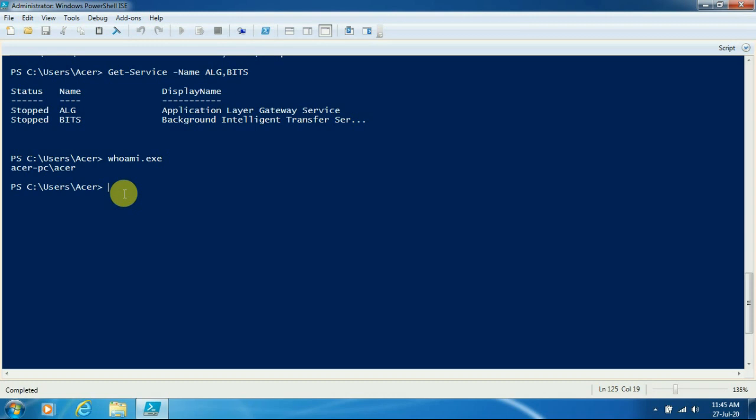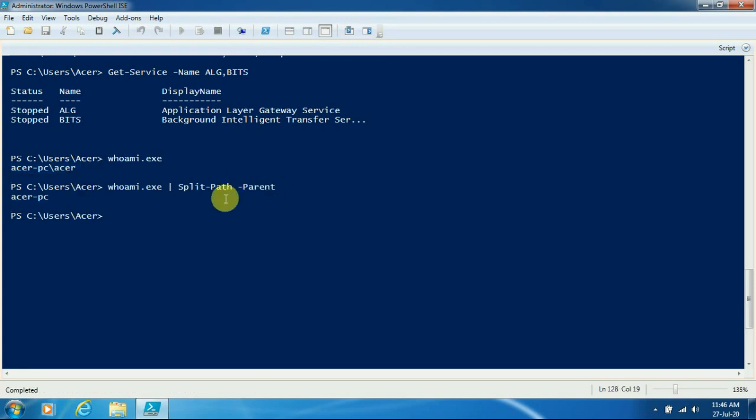If I want to use this as pipeline input, I will use the pipeline symbol, and I can use a cmdlet which can accept its output as input. So I will use a cmdlet called Split-Path, and after splitting this path I want the parent returned.